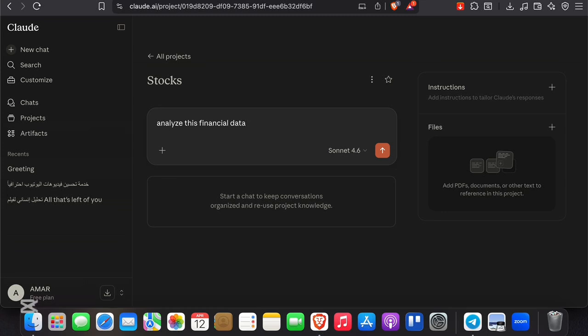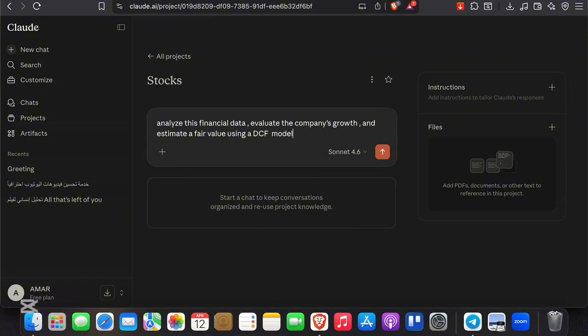Evaluate the company's growth and estimate a fair value using a DCF model. And Claude can provide a detailed analysis of financial trends, growth potential, and a recommendation on whether the stock